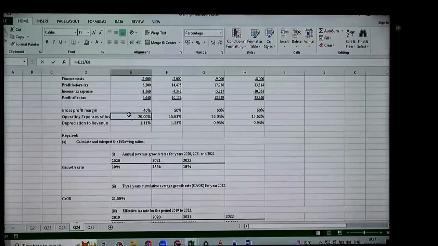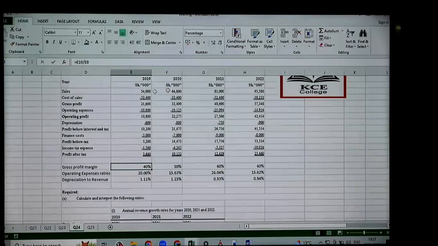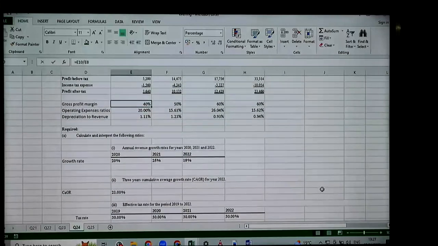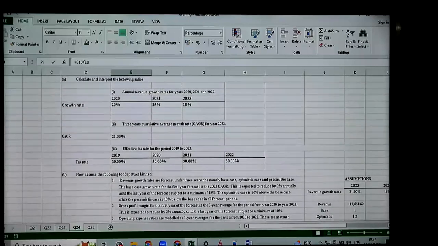This one, you can see it is E10 over E8. So if you look, this one is the E10 over E8. So gross profit over sales. So we found our gross profit. Then they said it's a 3-year average. So we took the average of 2020, 2021, and 2022 to arrive at this figure of